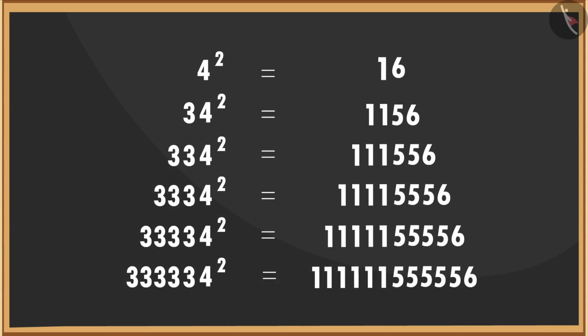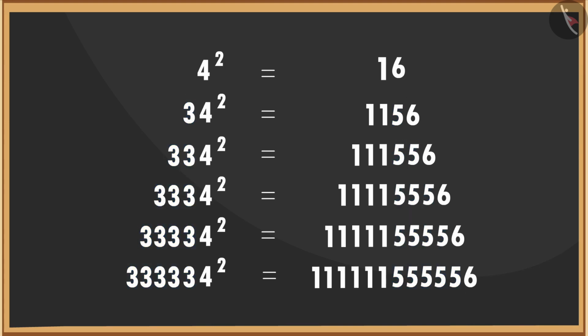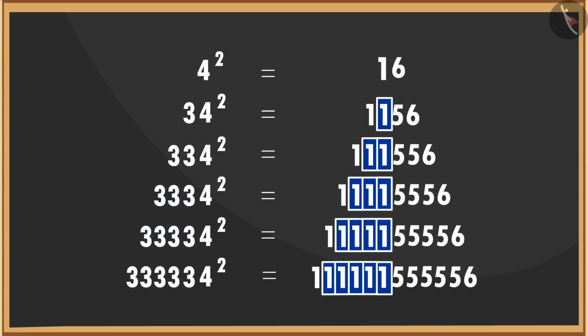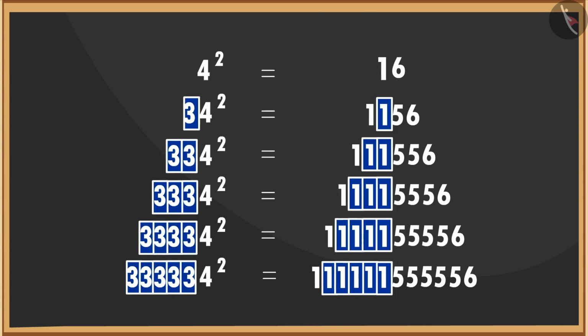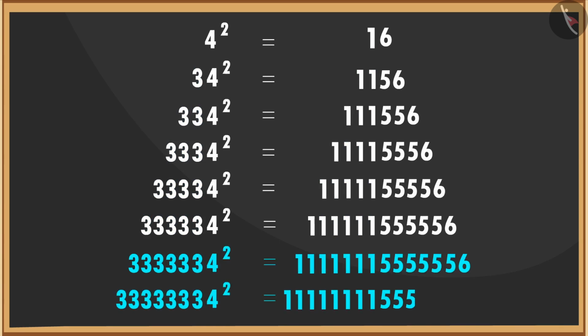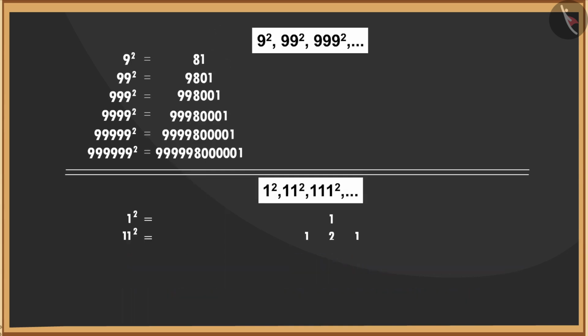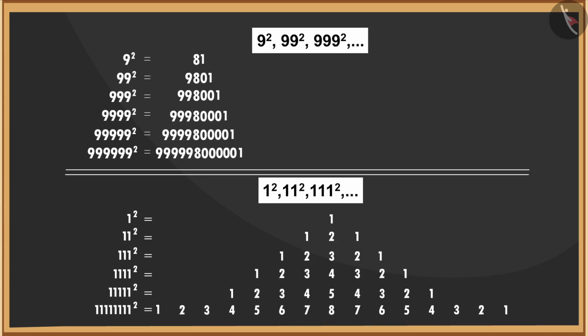Yes, in these square numbers, we can observe that the number 3 in the original number comes as many times as the number 5 in the square number. In the square numbers, the number of occurrence of number 1 is 1 more than the number of occurrence of number 3 in the original number. With the help of this pattern, we can find the squares of the next number of this sequence without solving them. There are many other sequence of numbers whose squares form a very interesting patterns.